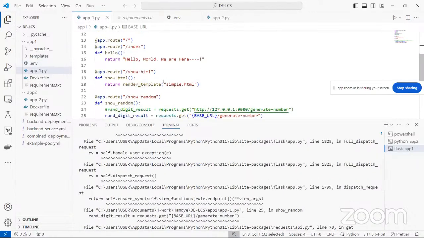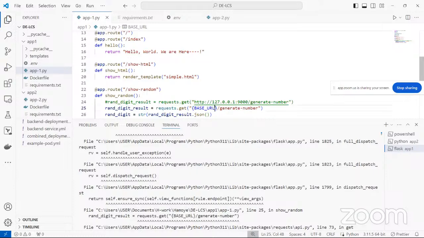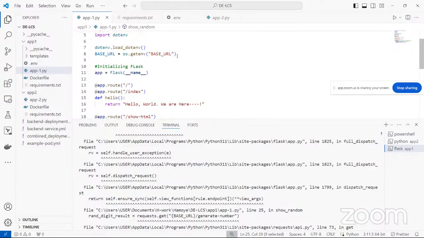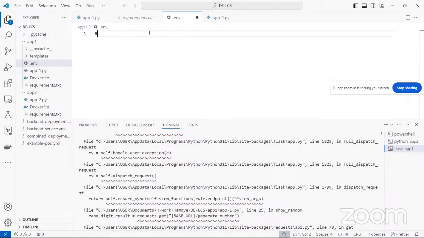We have changed it from this to get a base URL. So where are we getting our base URL? We're getting our base URL from the environment. So OS provides us with something called getenv that gets the environment file. So in our environment, I need to create something called BASE_URL, and then I'll say this is equal to